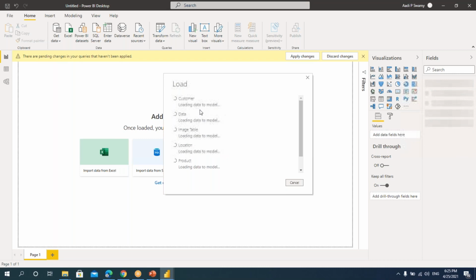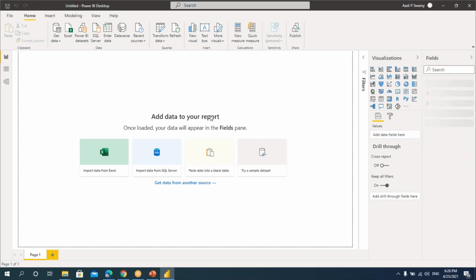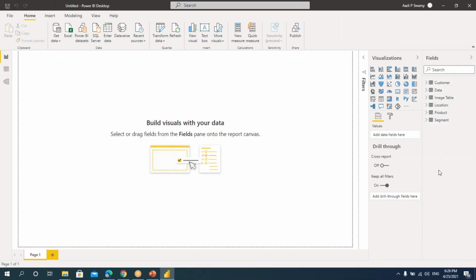So there are so many processes which will happen. All the tables, whatever we have selected, will be loaded. You can see that it is showing the size of the files as well. Then you can also see the relationship. I'll show you what this relationship is once it gets loaded. Now you can see that all the tables, whatever we have selected, have been loaded here.